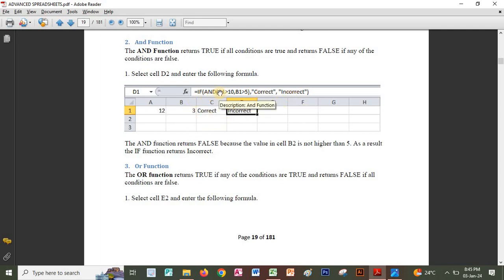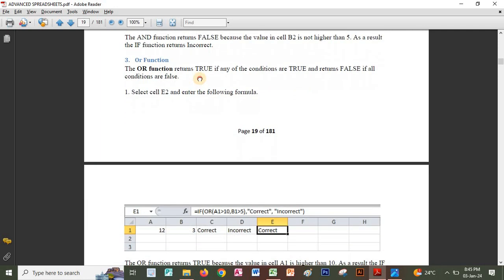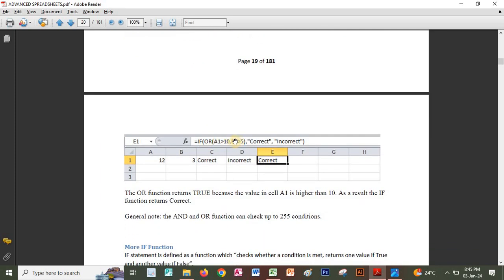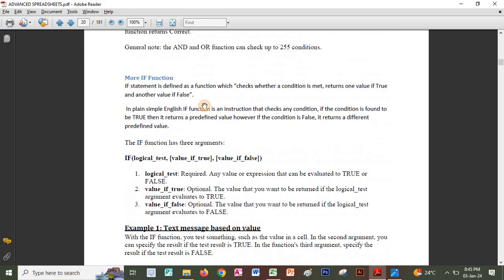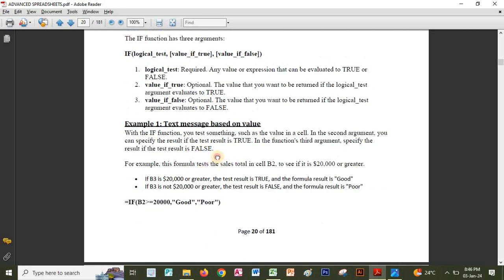If this and this, both of them are true, that is when IF is going to return correct, otherwise it will return incorrect. So OR is going to return correct if either of the two comparisons is true, otherwise it will return incorrect. So we have more examples of working with IF,